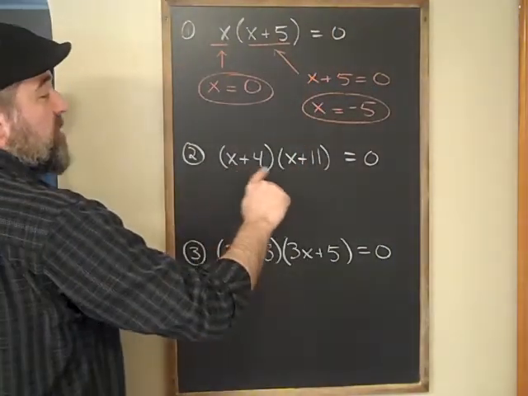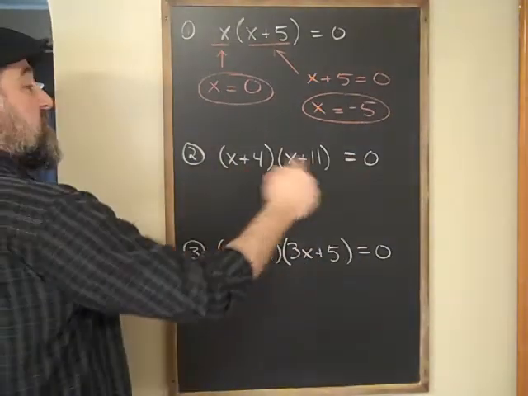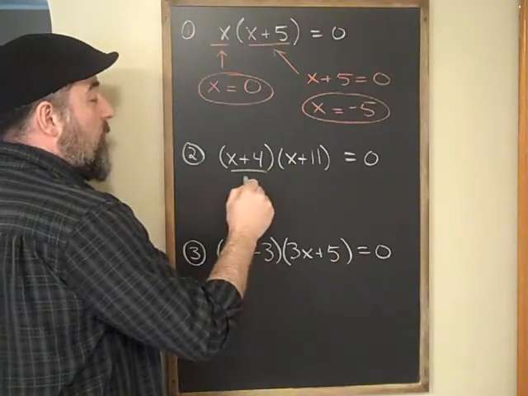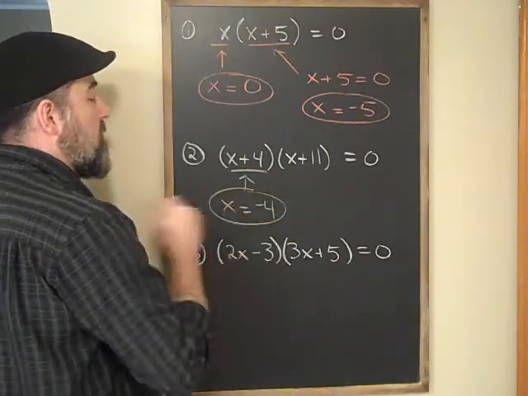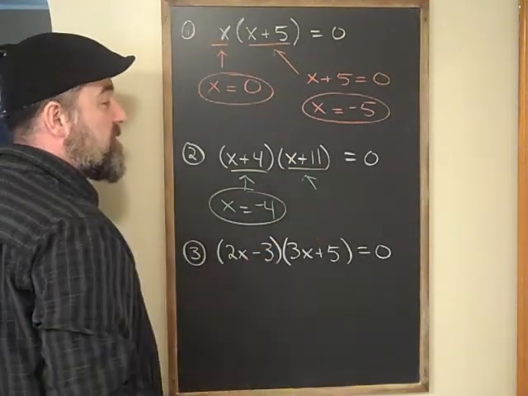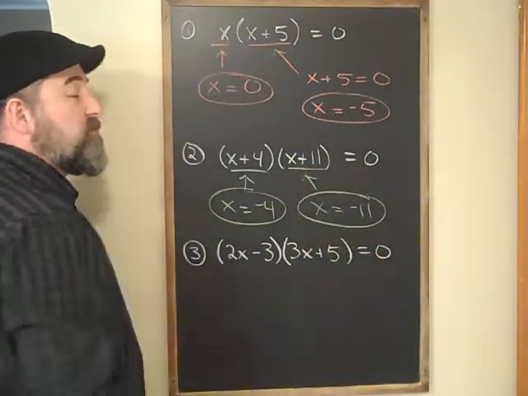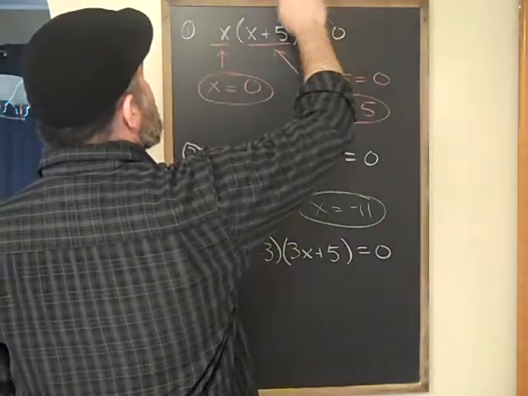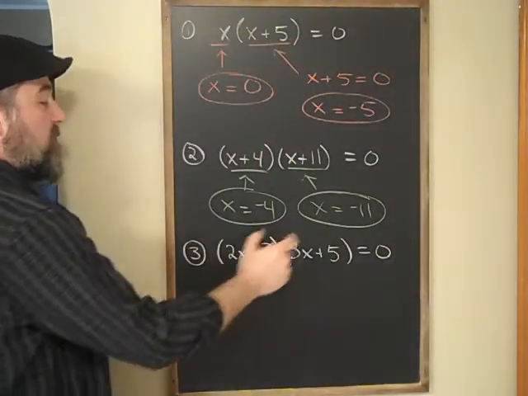And we're solving x plus 4 times x plus 11 is equal to 0. This is in a factored state, so we can just use that zero product property. What makes x plus 4 be 0? Negative 4. Done. What makes x plus 11 be 0? What do you add to 11 to get 0? You add negative 11. Done. There's your two solutions. And now we have our last problem where we're solving, again, a factor times a factor